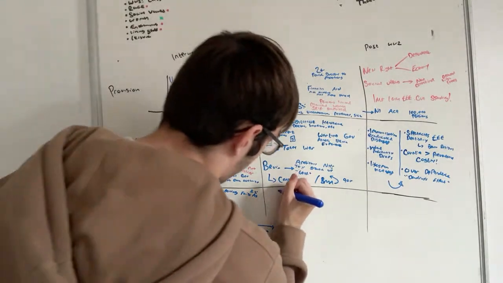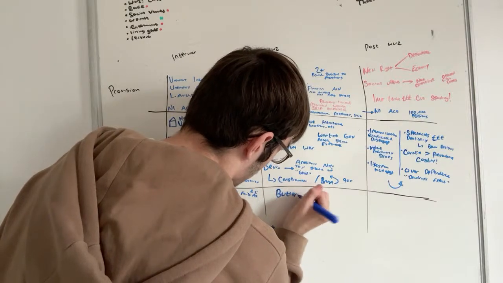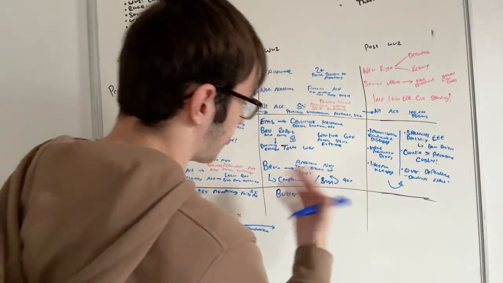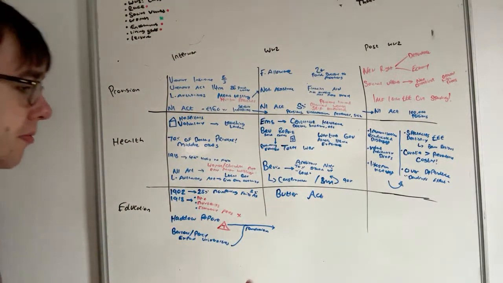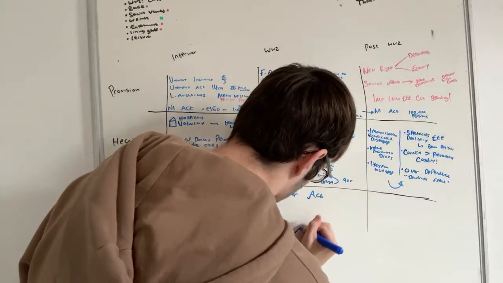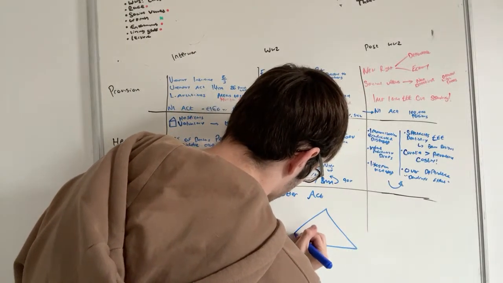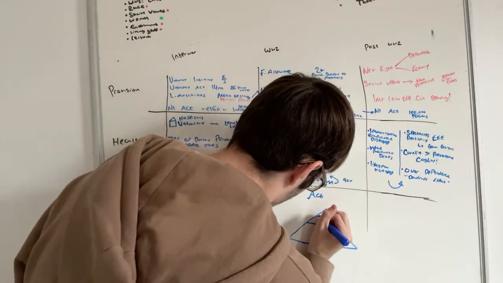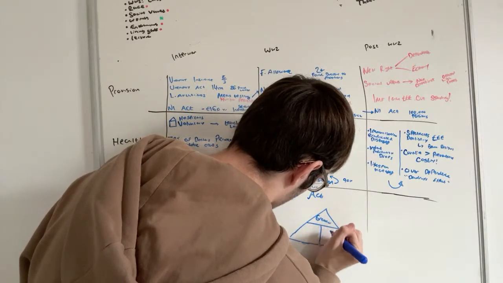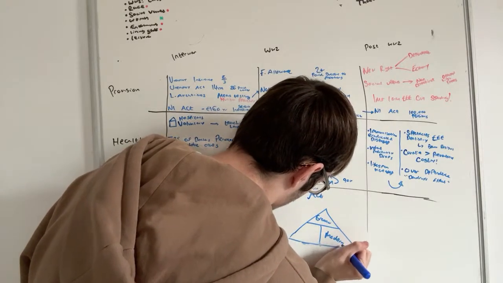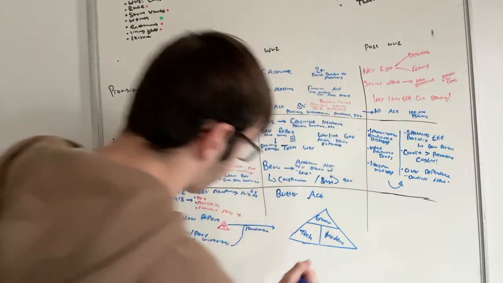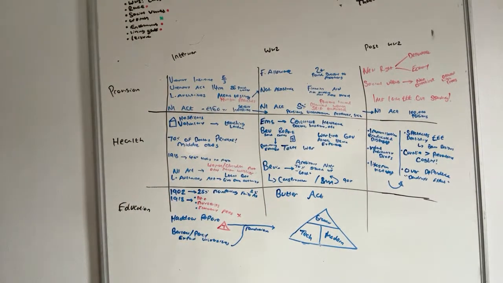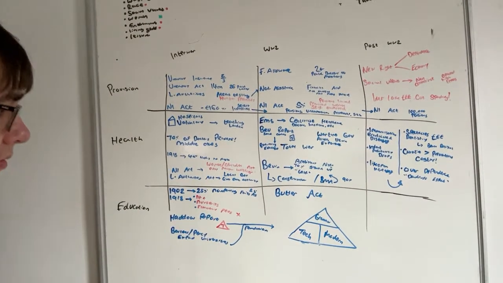So the Butler Act was introduced by Conservative Minister R.A. Butler. It introduced the tripartite system. Tripartite system is grammar, modern, and technical. Each one of these has their own massive limitations. For example,